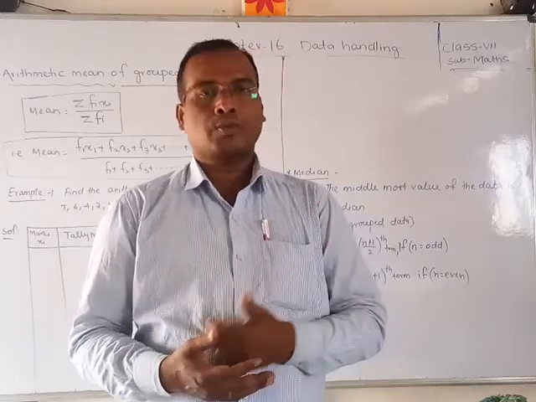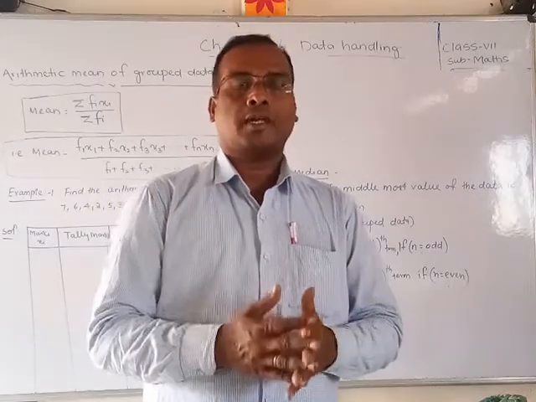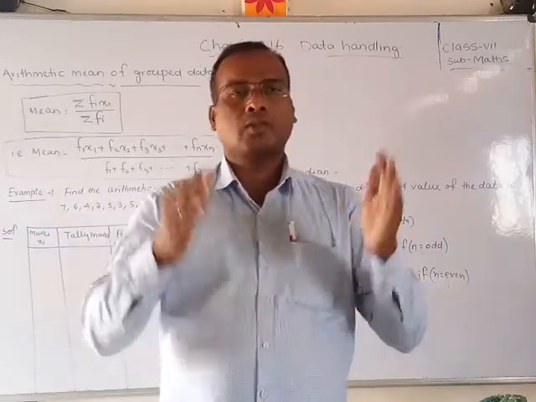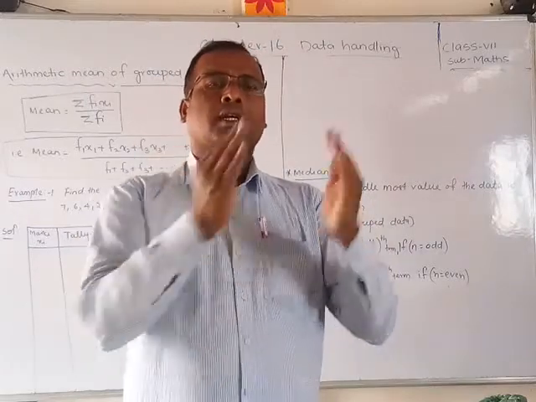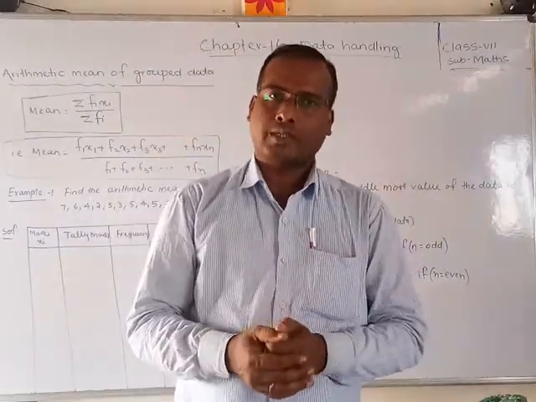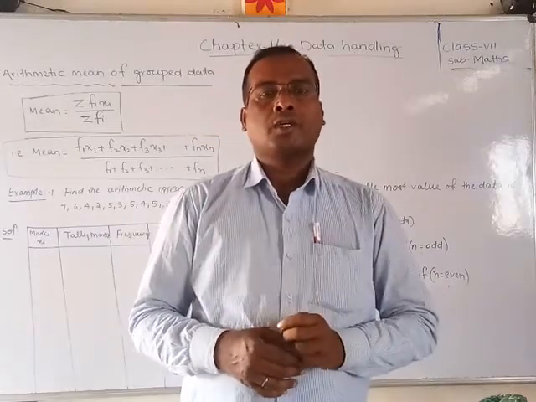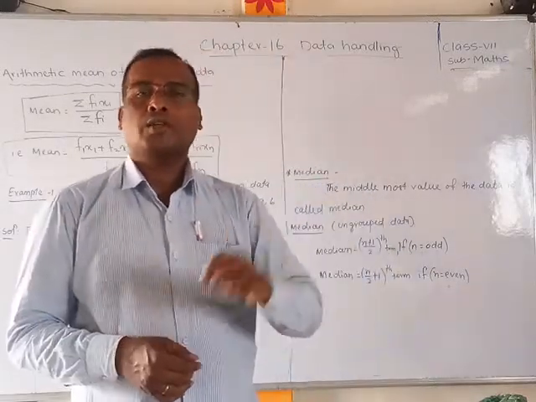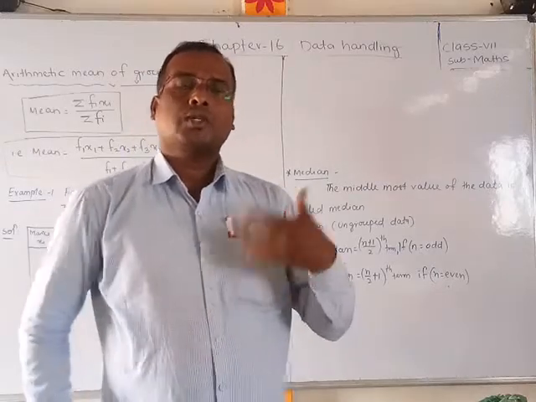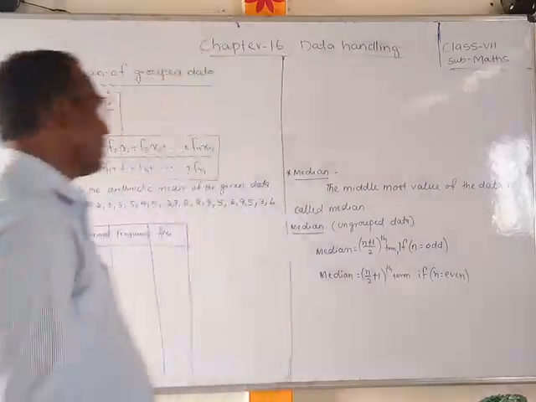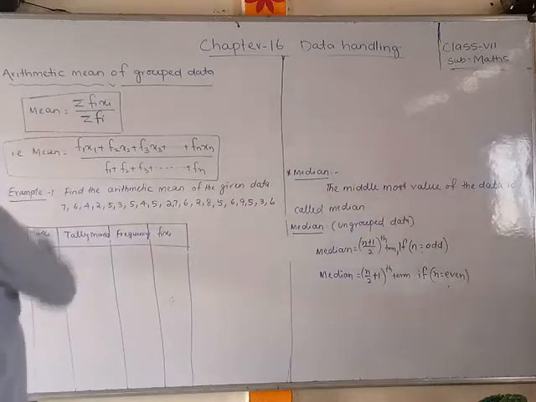Like ungrouped data, if we make a group, like A grade or B grade, where a number of data are made into a group or a class, that is called grouped data. So today we are going to discuss how we should find the arithmetic mean of grouped data. Okay, let us discuss how we should find it. First of all, write down the formula, students.